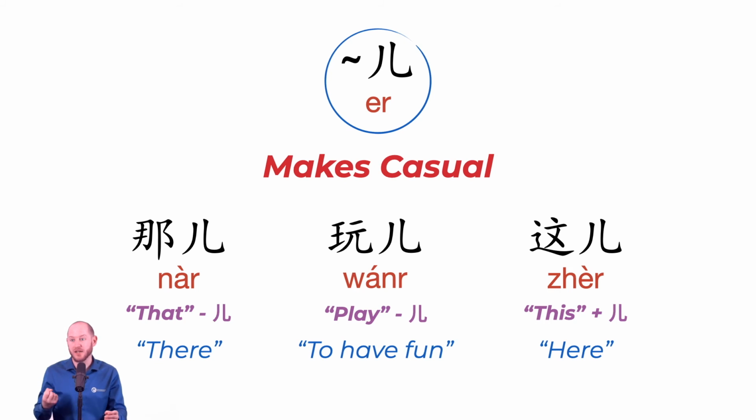When R, for example, the word 儿子, which means son, S-O-N, like a son and daughter. So in that case, it's R, or 女儿, which means daughter, right? And so in these cases, what we're talking about here is when R means child. And that's not a suffix, right? So when it means child, it's pronounced R, second tone, and it has its own syllable. It does not combine with the others. But as long as it's a suffix, it sure does.